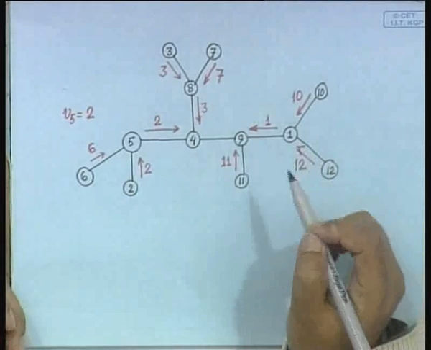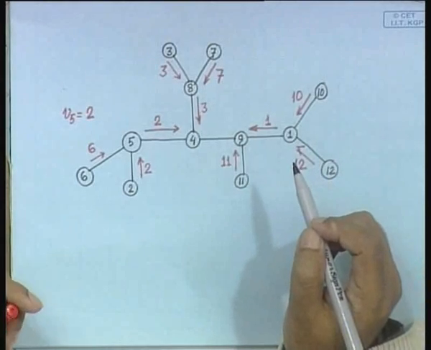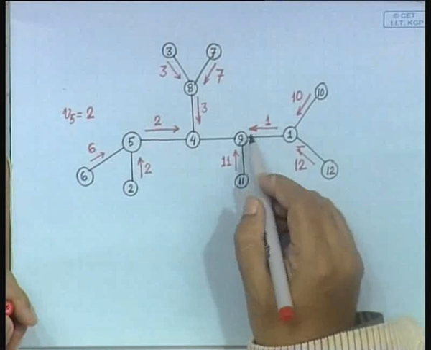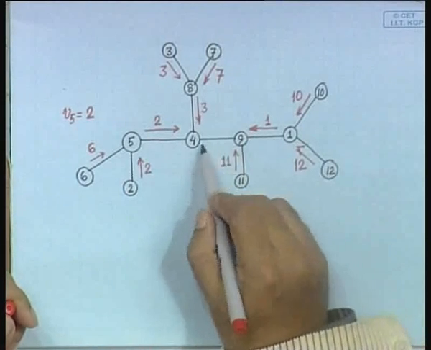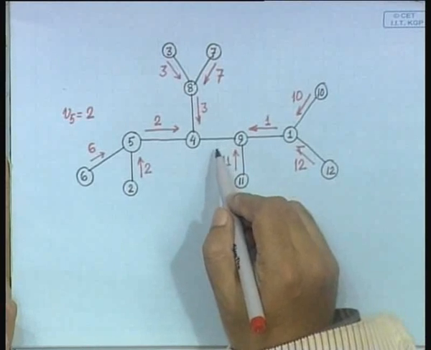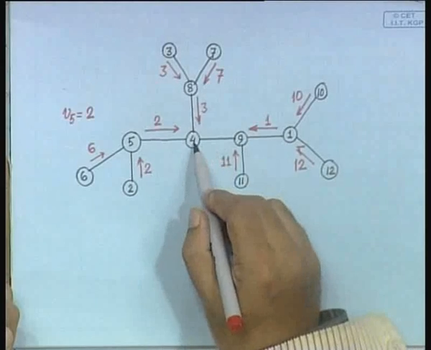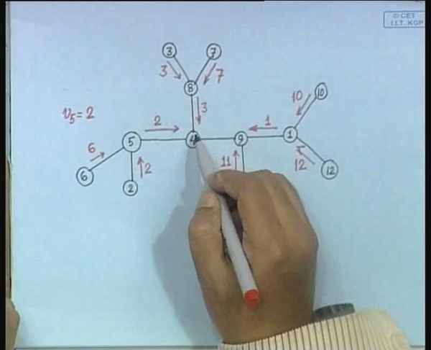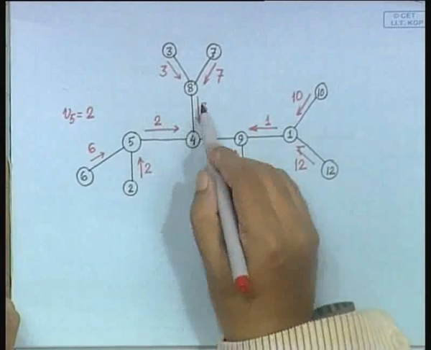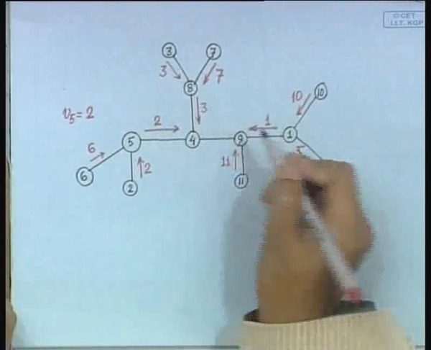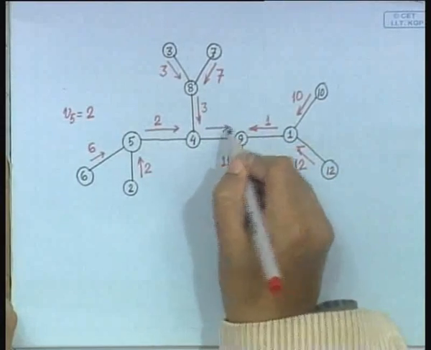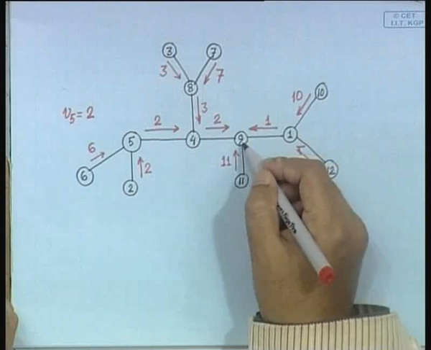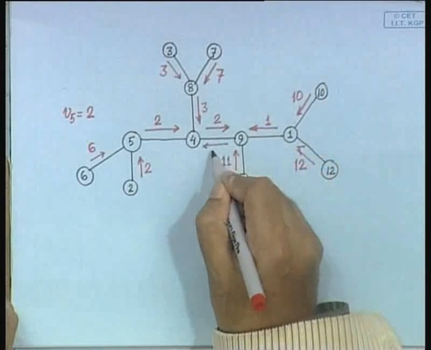Now, at this point of time 9 qualifies to participate in the election, because now for 9 only one neighbor is from which it has not got a token. Similarly, 4 can also participate. So, what will 4 do? It will take the minimum of 2, 3, 4. So, that is 2, and it will send 2, and this one will do what? 11, 1 and 9. So, 1. So, it will send 1,